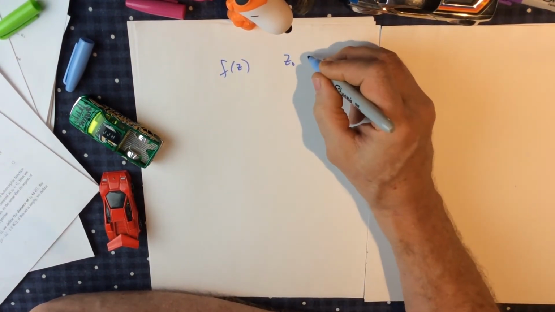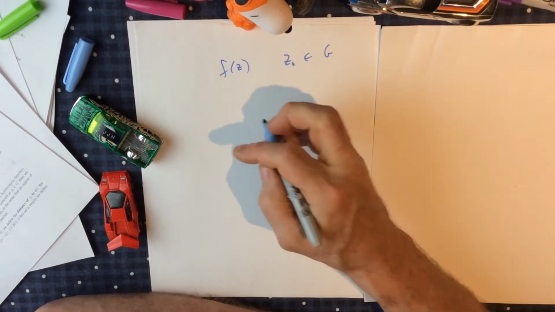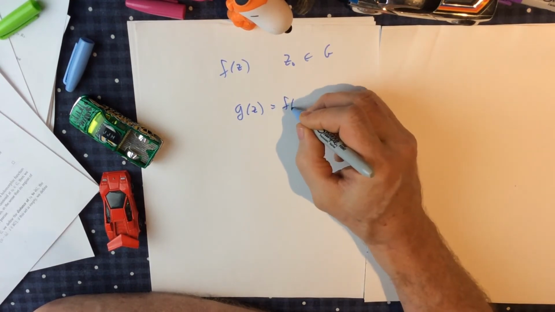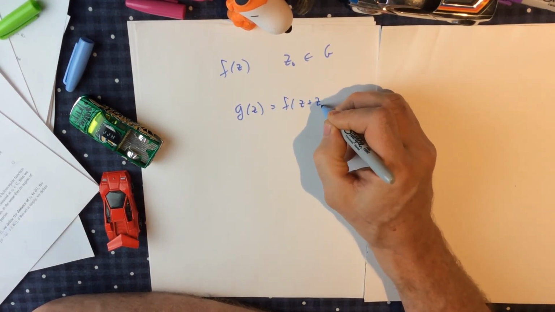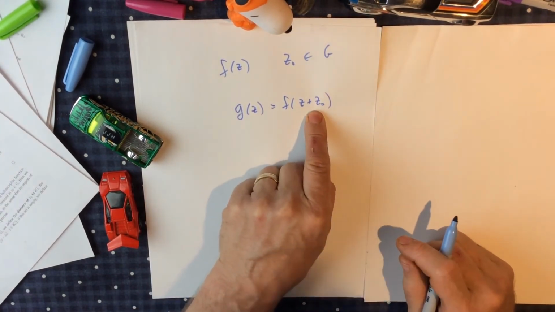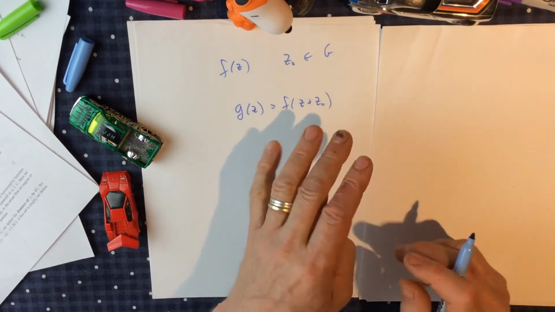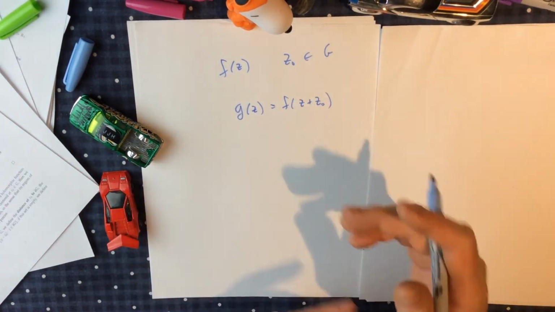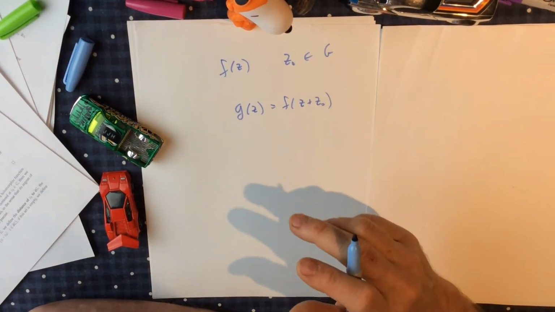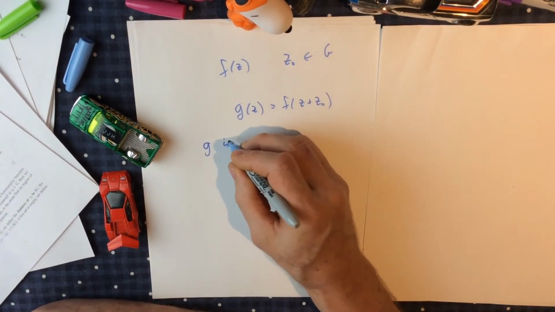We have this z naught in G. And what we're going to do is define g of z to be f of z plus z naught. That way, when you plug in 0 here, it's f of z naught. And by the time you hit the radius of r there, you've come out. And so this allows G to basically be f centered at 0. And so G is